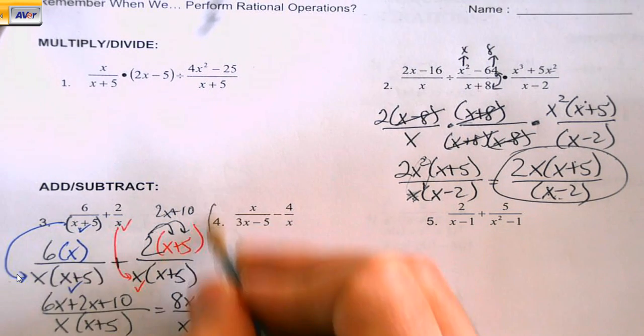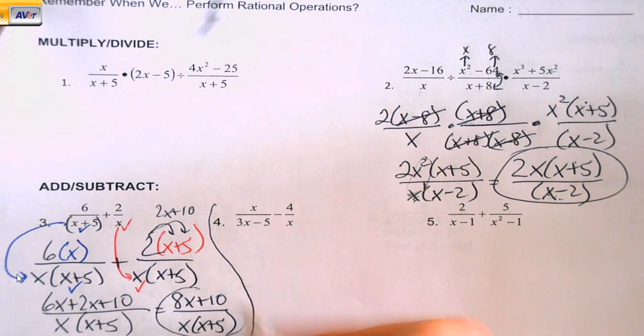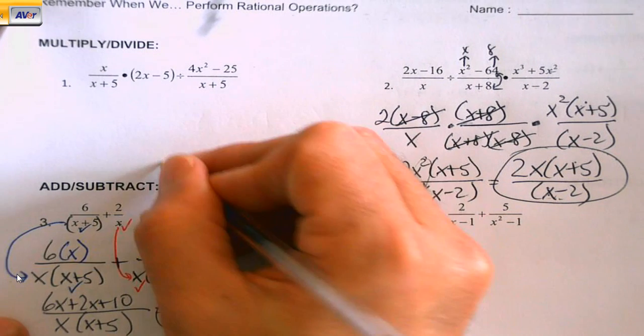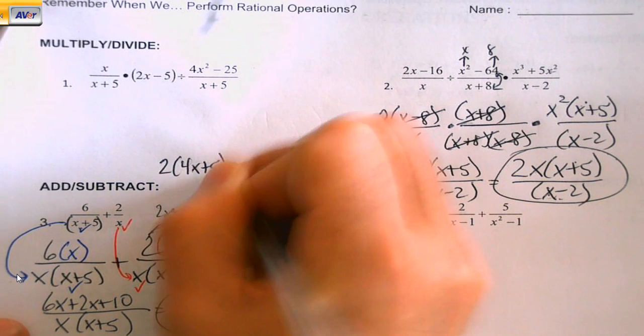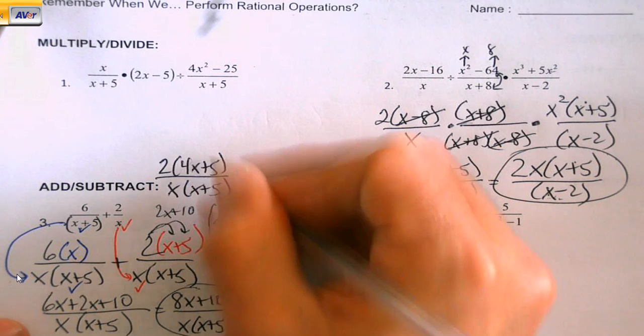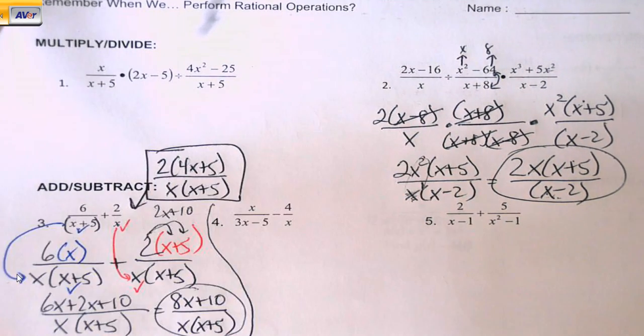Now, normally I wouldn't circle that because I'd look first, I'd say, hey, I can still take a 2 out of here. Now, if I see that, that's even better. Can't cancel those. 2 and x don't cancel. This is like the answer, if we're looking at those. And finally,